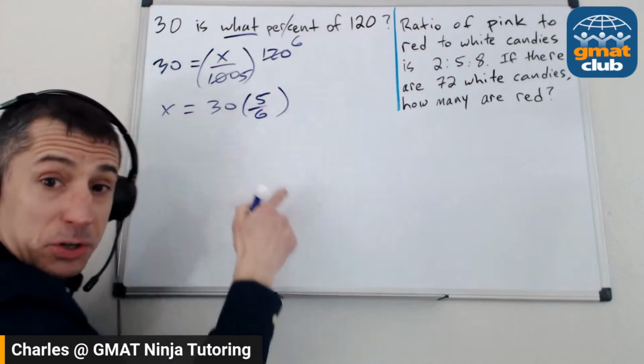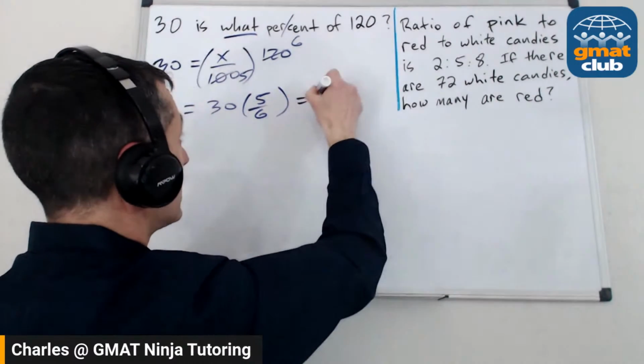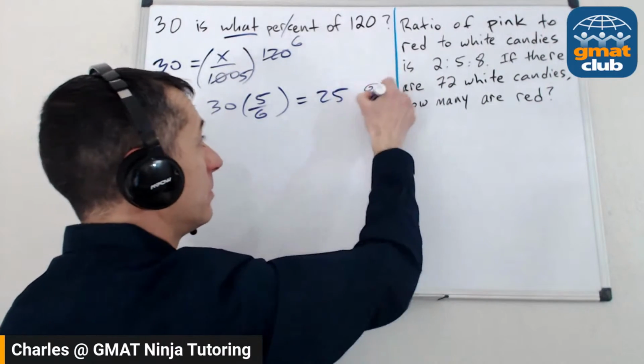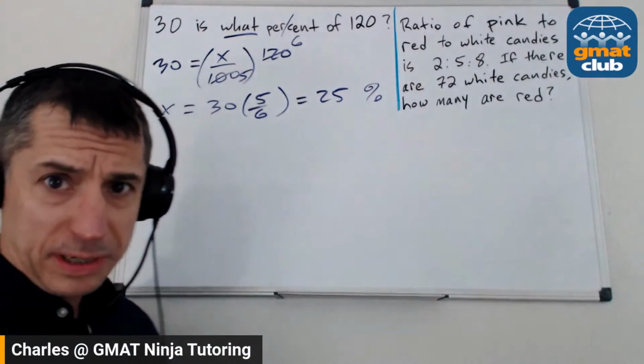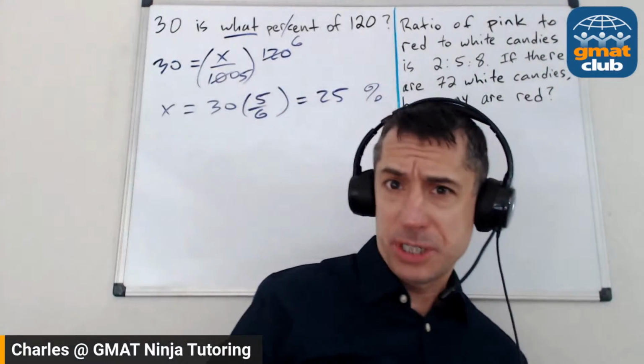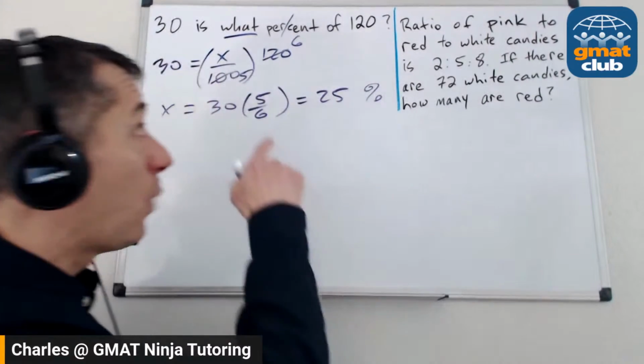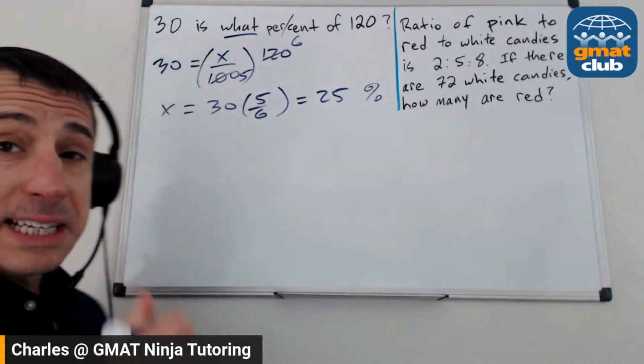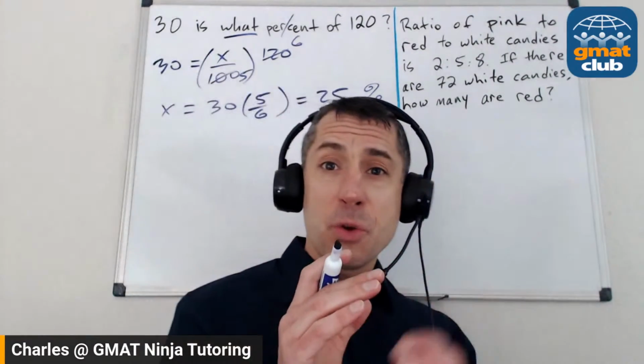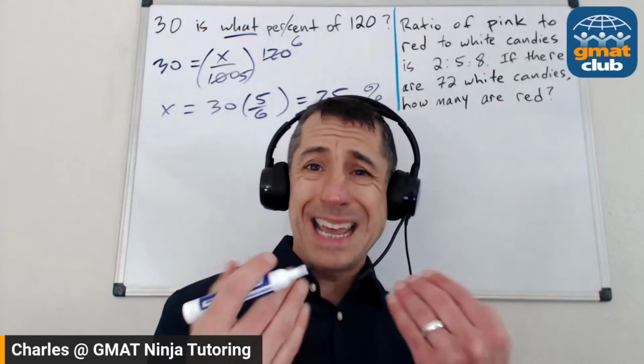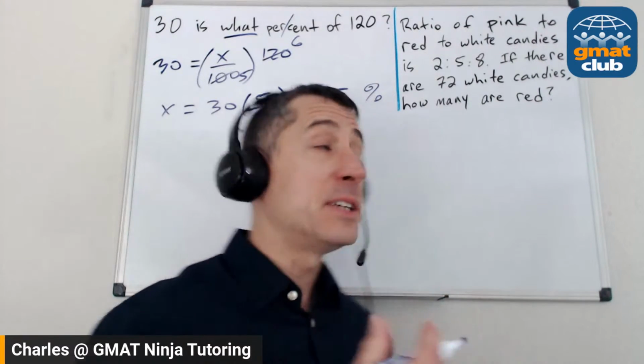And I know you're looking at this and going, well, that's an awful lot of work to say 25 and slap a percent sign on there. We knew that when we rolled out of bed this morning. 30, of course, is 25% of 120. Okay, so why do all this? The reason is that one of the GMAT's favorite things to start throwing at you is more complex versions where they take away the obvious answer, they take away the intuition.